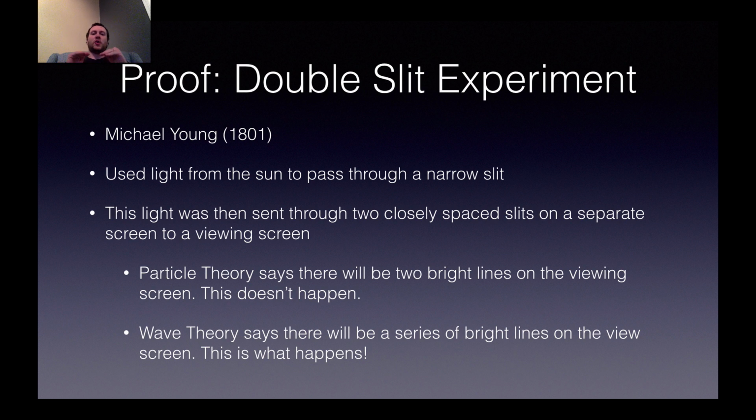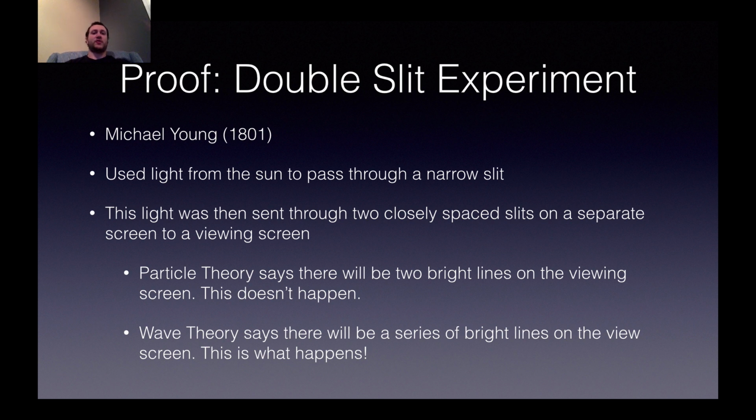And then the light would go through those two slits, the double slits, and then that light would pass there and then go onto a separate viewing screen where he observed, okay, well, what happened? So I focused some light from the sun, and then split it two ways. What is it doing now on this third screen? If light were a particle, there would only be two bright lines. Because think, the particles would have to choose one of the sides to go to. You can't take a tennis ball and throw it through two doors